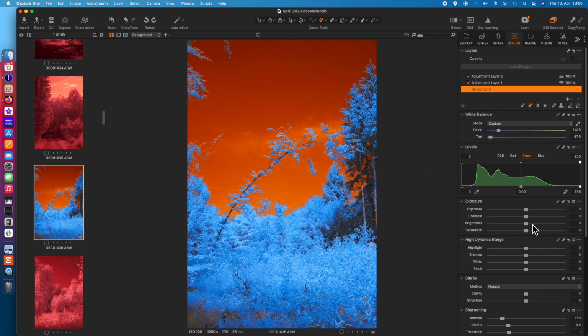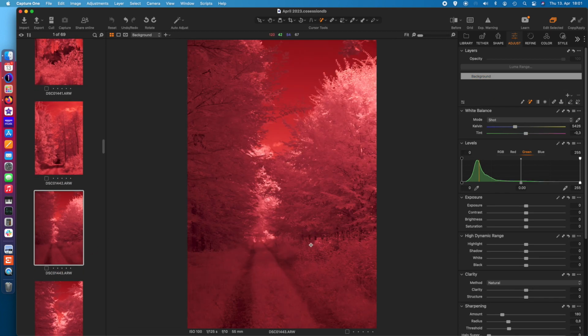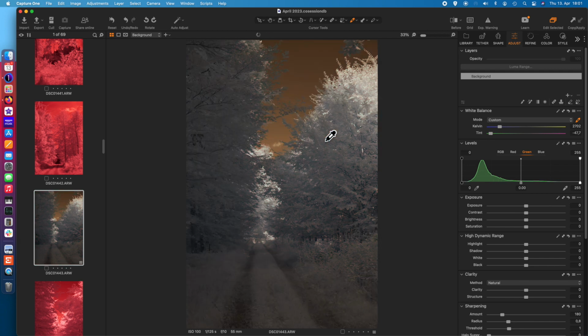So I finish this picture by increasing contrast, clarity, and sharpening, and the next picture is done. So now I take the last picture, let's say this one, and it will be the same story. So I take the white balance, I click in the vegetation, and now I will make a very traditional picture, what you normally see often as infrared development. I take the mask tool, the magic brush, I make my sky blue, here,